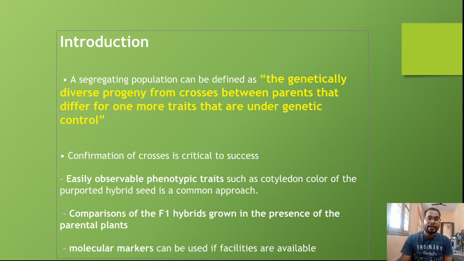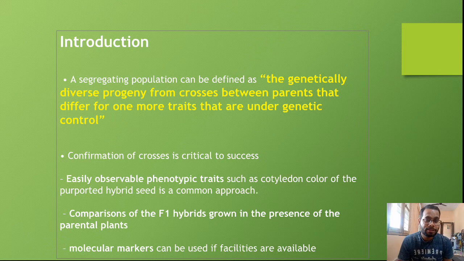Second, the thing which you can use for confirmation of F1 is that you compare some morphological character which is present in F1 and also present in the parent. Compare some character, suppose the plant height, number of seeds, or a drought resistant gene. This drought resistant gene should be contained in F1.